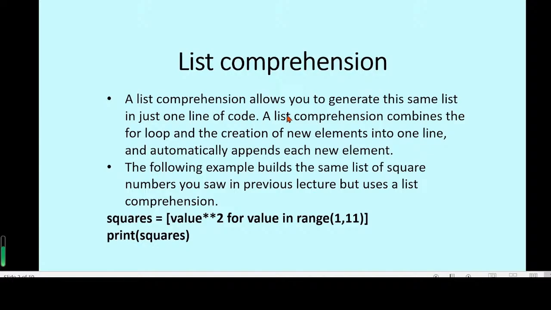A list comprehension allows you to generate this same list in just one line of code. A list comprehension combines the for loop and the creation of new elements into one line, and automatically appends each new element. The following example builds the same list of square numbers you saw in previous lectures, but uses a list comprehension. So we can write squares is a list, and inside the brackets we write value asterisk 2, then it's like a for loop: for value in range 1 to 11. Then we can print out this